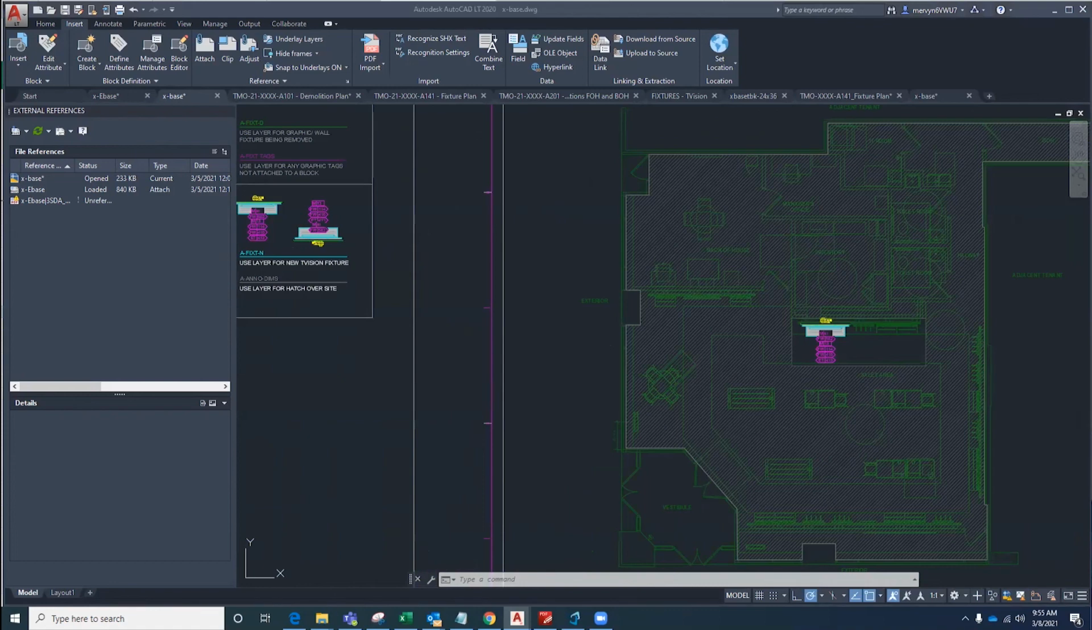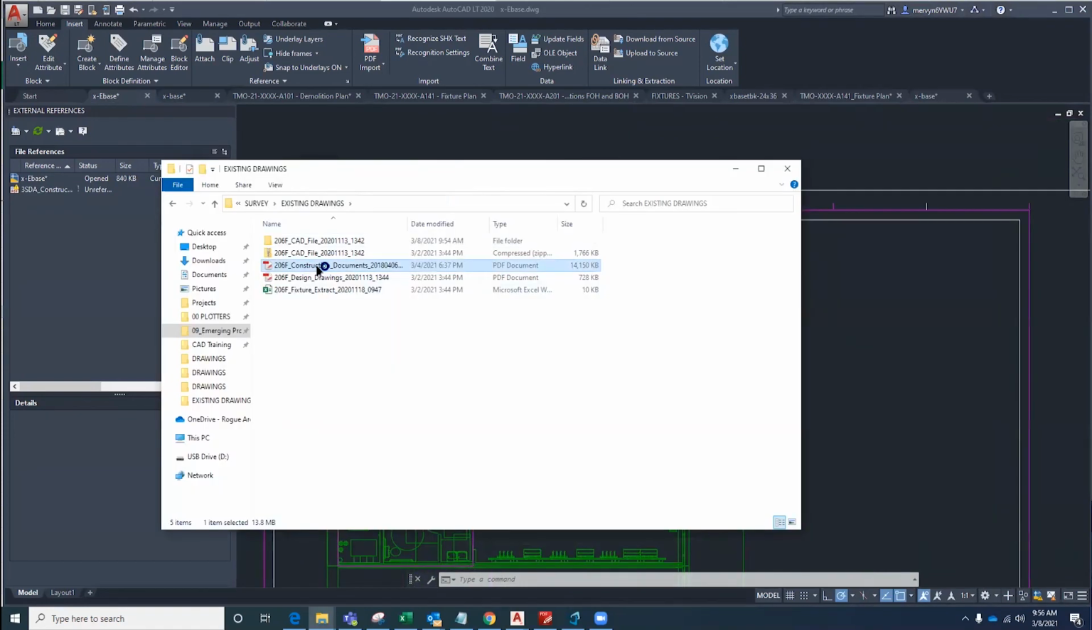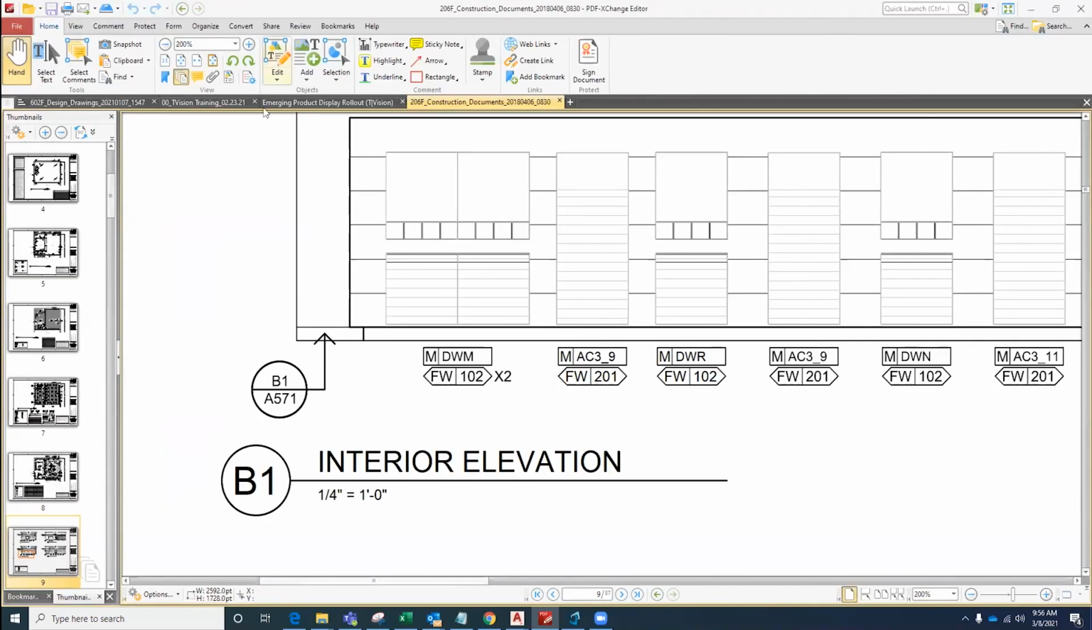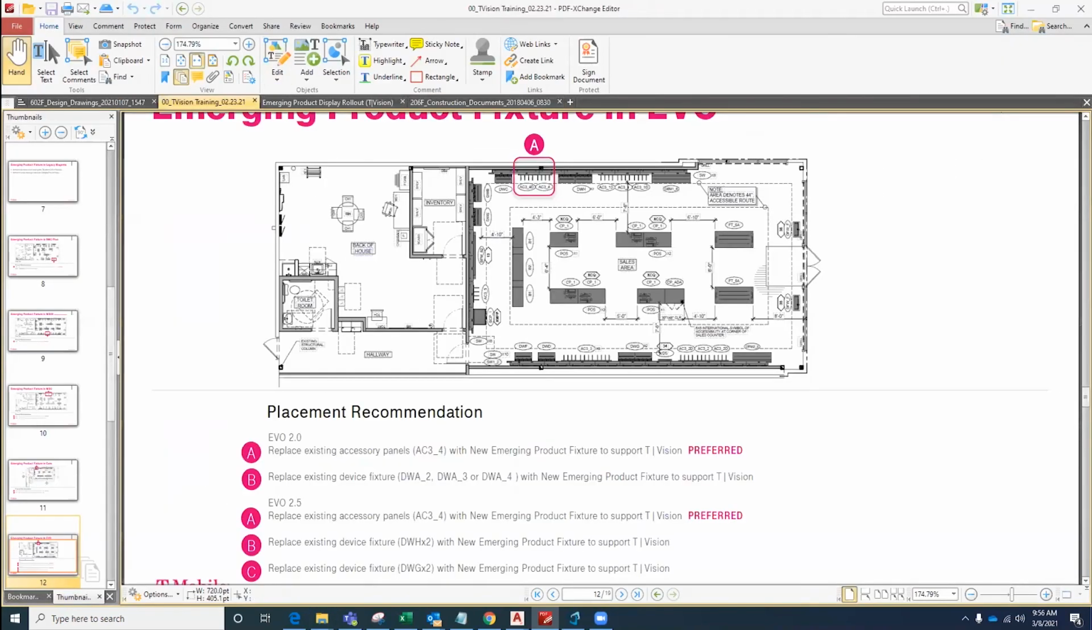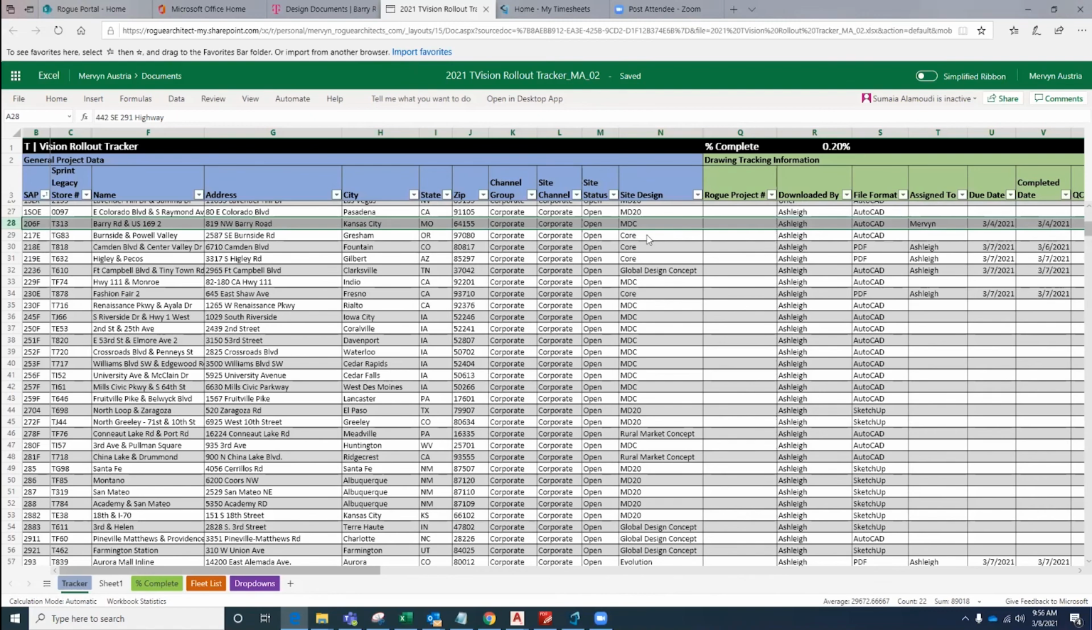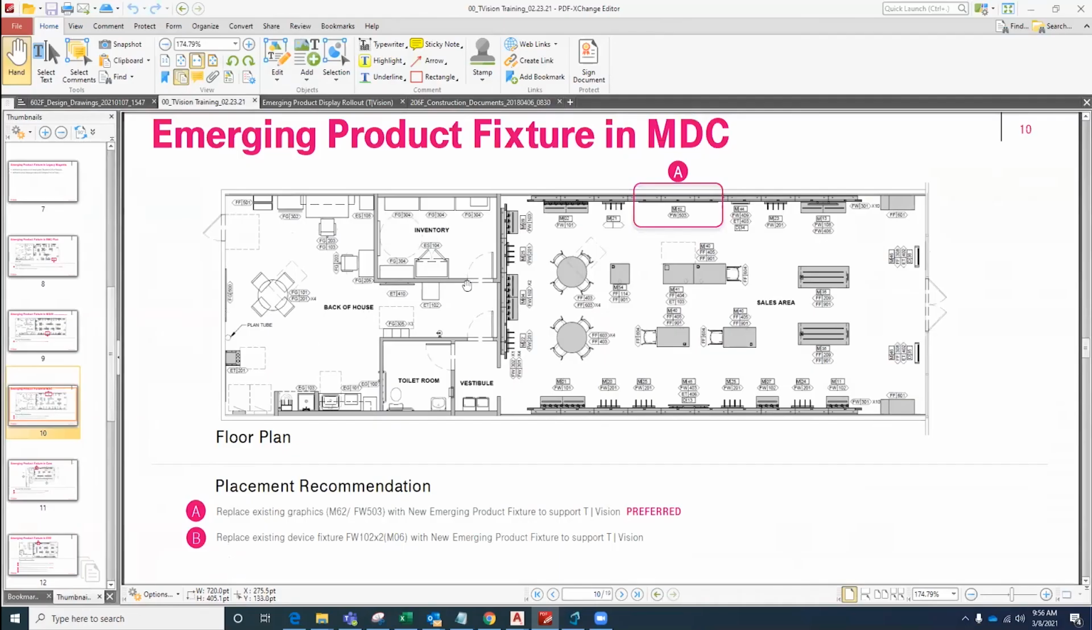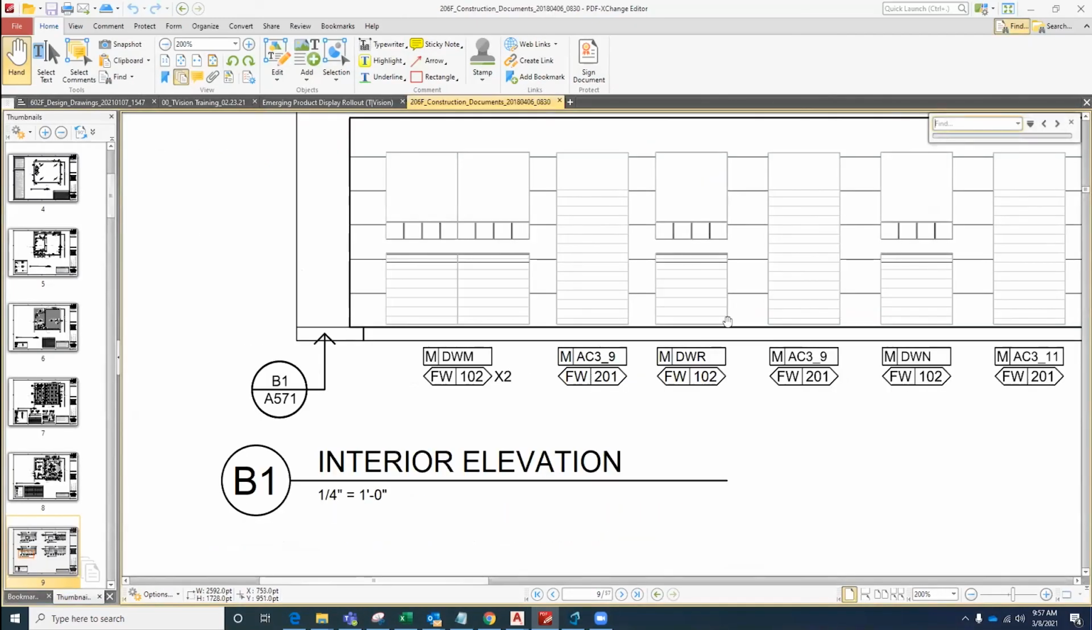So to determine which fixture you're going to be replacing, in this case, you're going to go into their PDF, and first you're going to reference their T-Vision training. So it's MDC. So you go into that PDF, the playbook, MDC. So the recommendation is the M62.FW503, and then just go into their PDF. Just do a search for